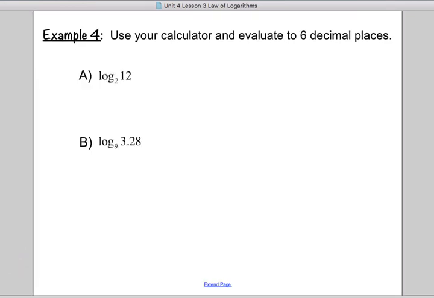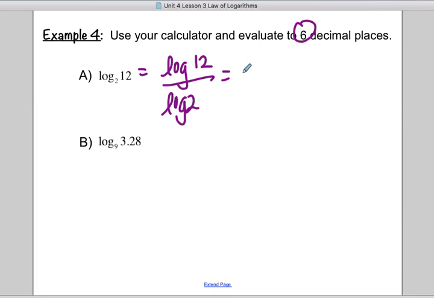So use your calculator and evaluate. If you can type it into your calculator as log base, you would. Otherwise, you would go log of 12 divided by log of 2. And I would make sure you can do this on your calculator. But if your calculator has this function, use this function. Okay, if you can type it in this way. Otherwise, when you type it in and you round to 6 decimal places, because that's what the directions say, it'd be